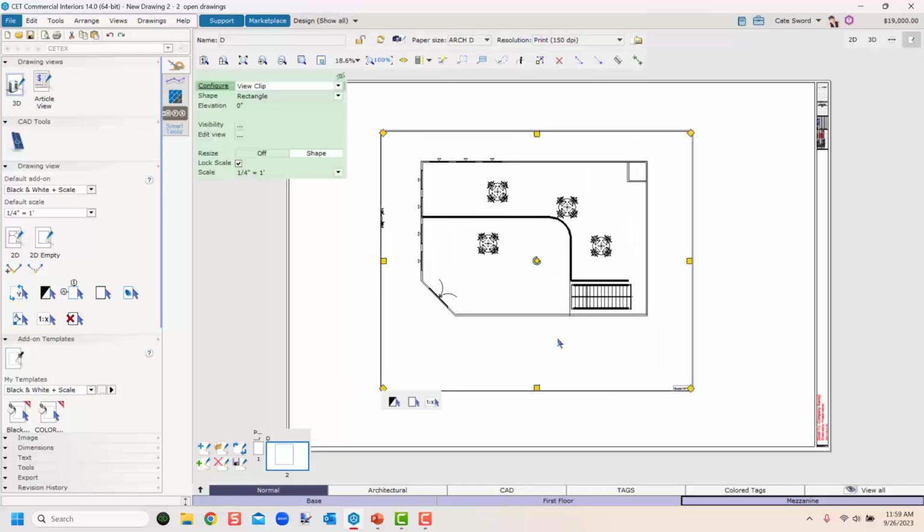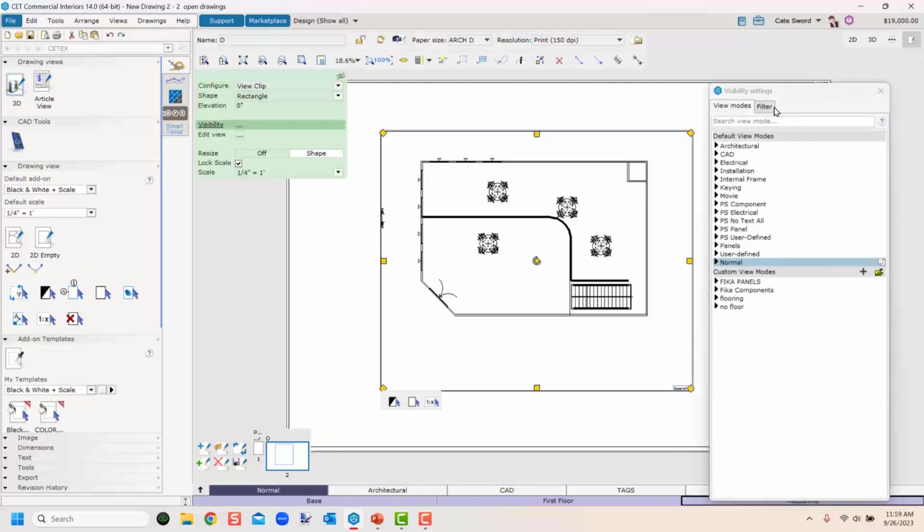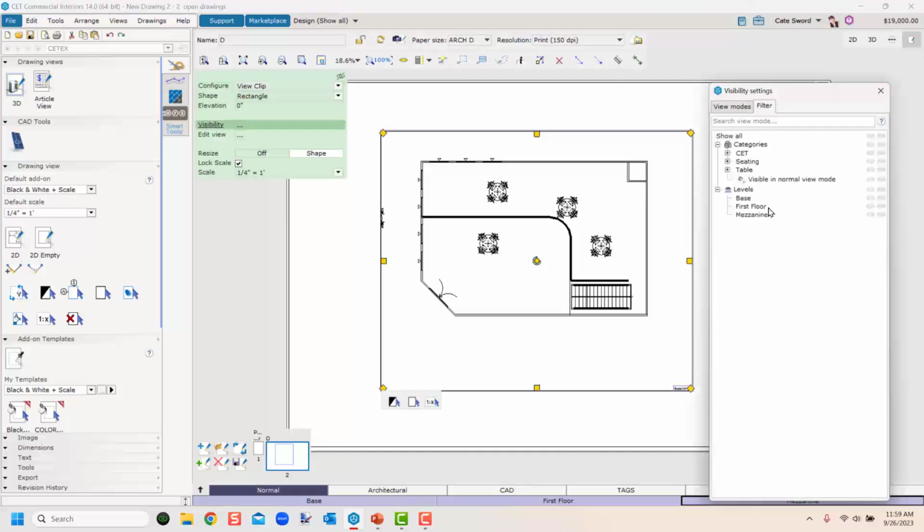Here's my viewport. Right now, I'm sort of seeing everything. The first floor, remember this is on the first floor, and the mezzanine. And I only want to see in this viewport the items that are on the first floor. If I go into my visibility, here's our second filter. So if I were to filter out mezzanine,